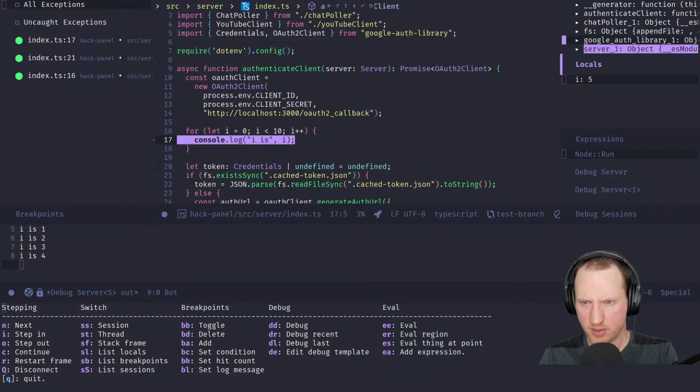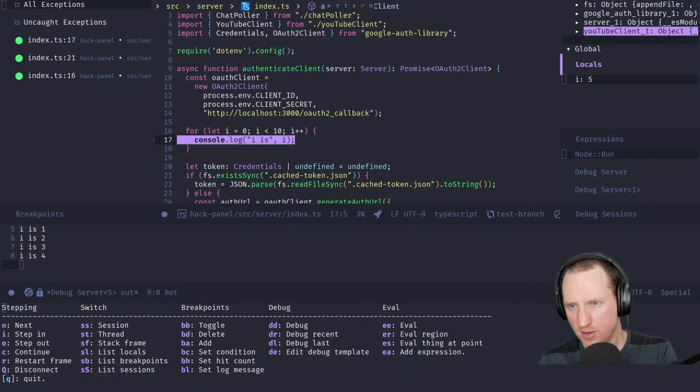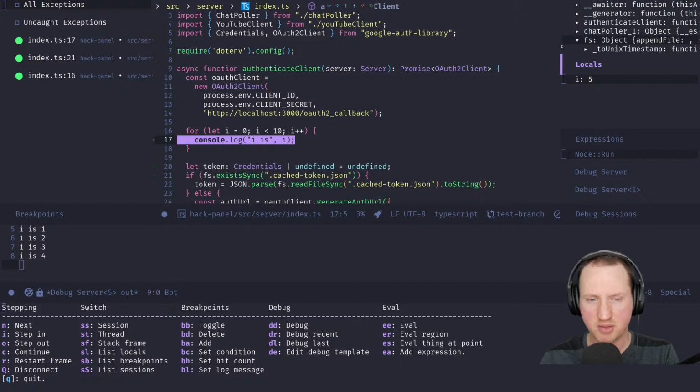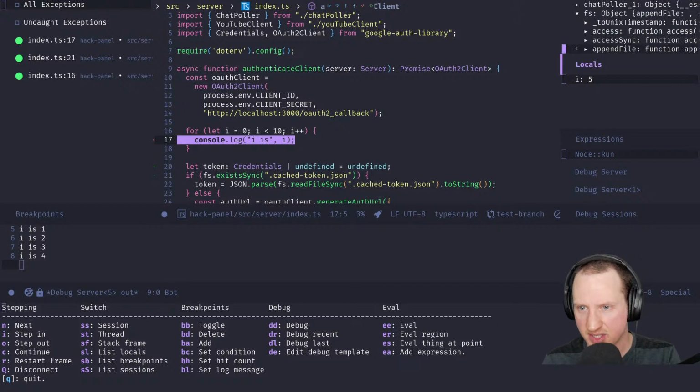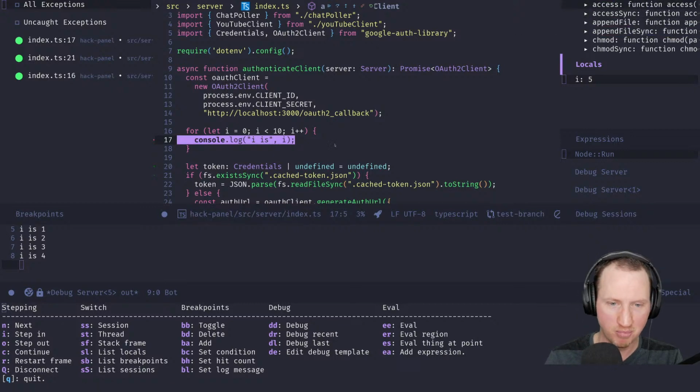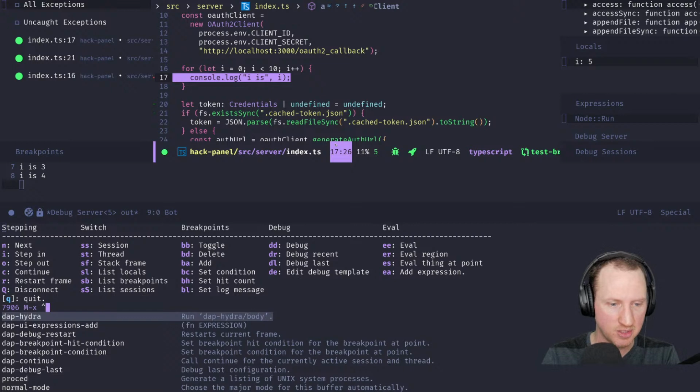Okay, is that chat polar, Google Auth library, authenticate client? Yeah, let's just YouTube client 1. Anyway, I don't want to belabor this point, but basically the idea is that I could say, let's say, fs.access. Let's see what that does, because it's going to probably give us something really weird. This is not something you would actually do in reality, but